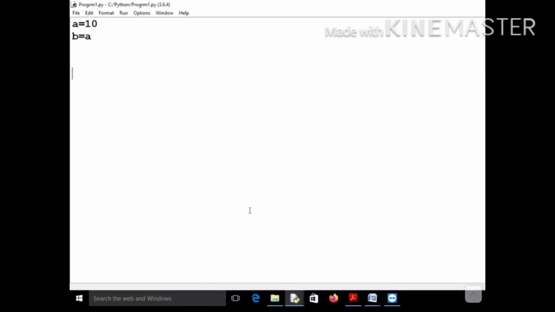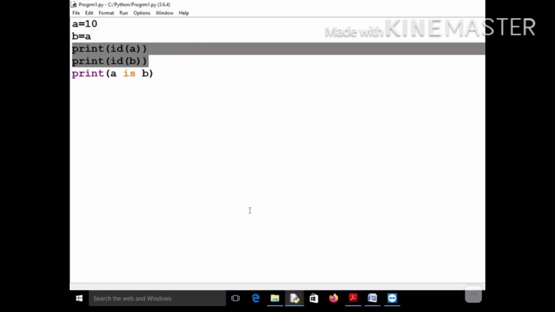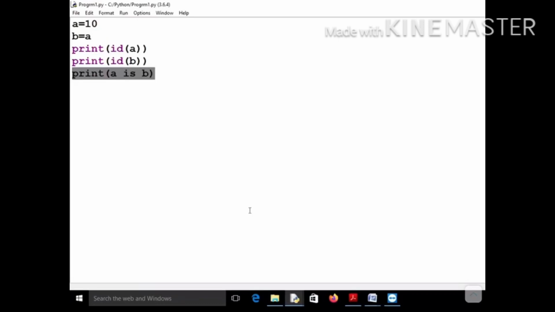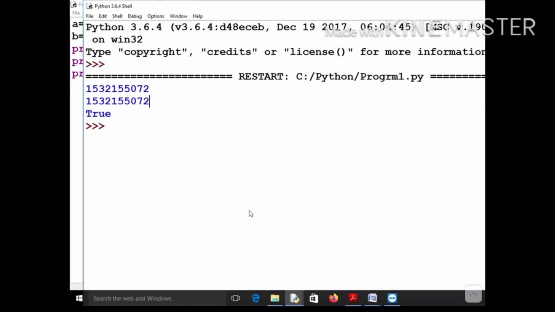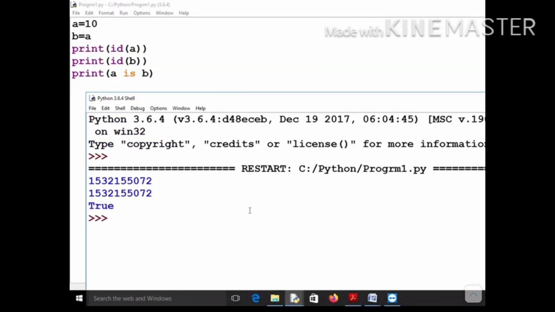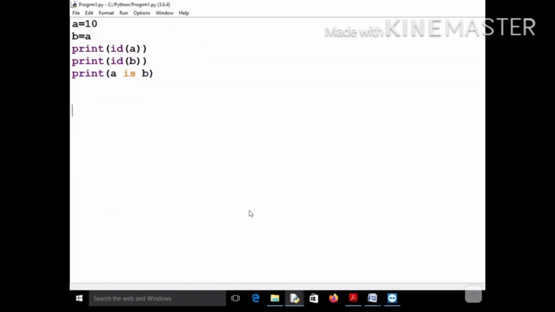Let me demonstrate this to you. If I do this and then you check the IDs of a and b, you check the ID of a and the ID of b also, and then see what you get. And another way, you just saw that you can do what? a is b. If you do a is b, then it will always be true because their addresses will be same. So let me run this. You will get same addresses for a as well as b, and this value will always be true. You can see that these two are having the same value, and this a is b is returning true because their memory addresses are same.